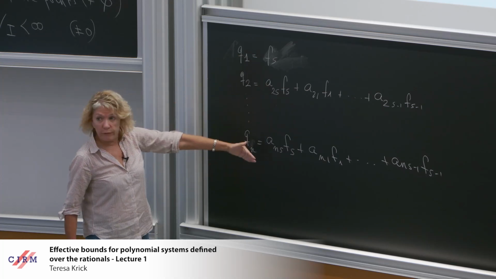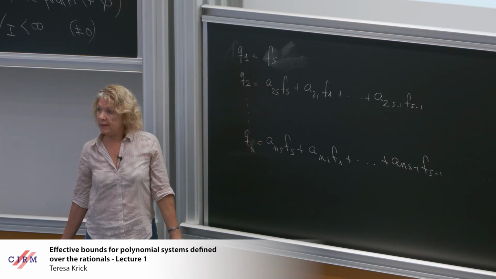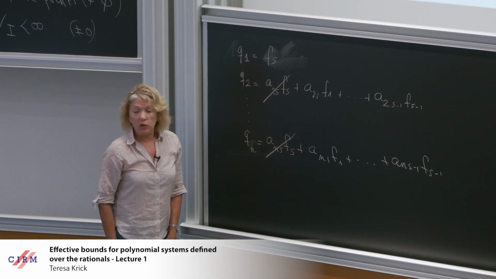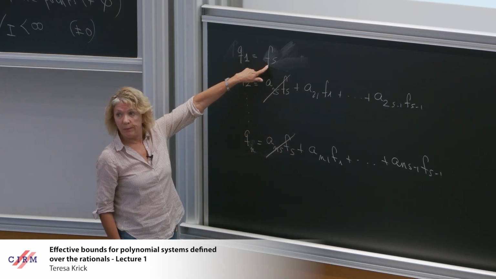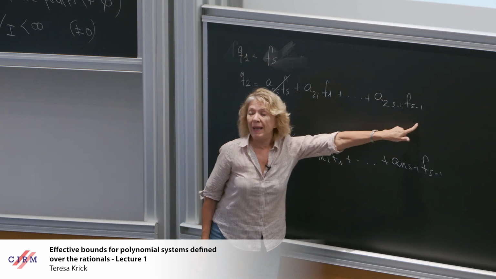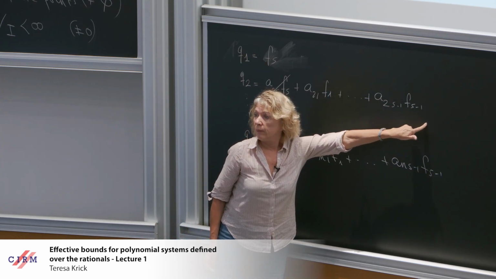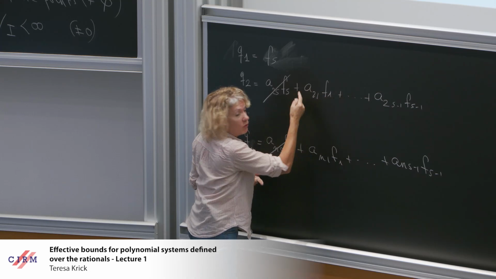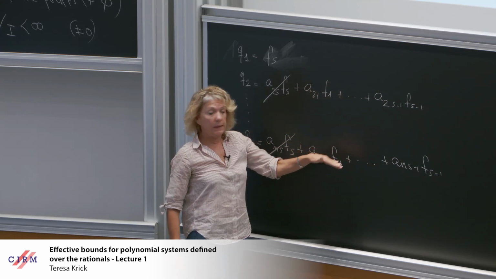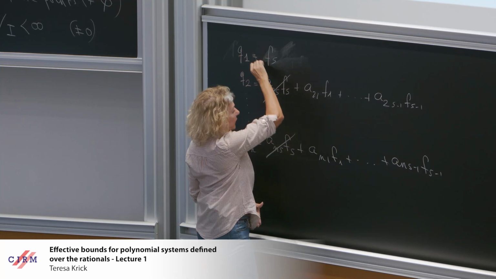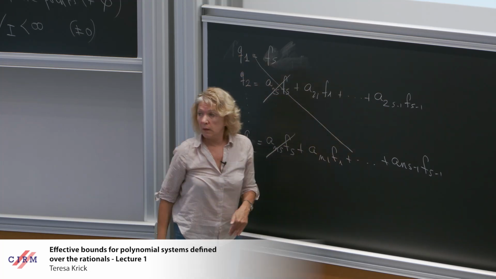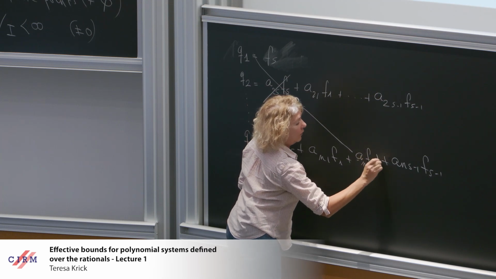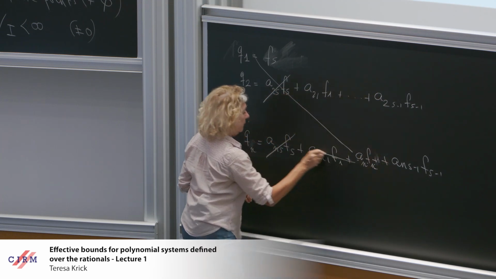But once we have this system, you can triangularize it. Because with this one, you can just get rid of this. So here you have degree fs. Here you will have the max of the following degrees. And then once you have this maximum, you can keep triangularizing, and then you will obtain a triangular situation. I don't know if it's n or n minus 1, but this will disappear.